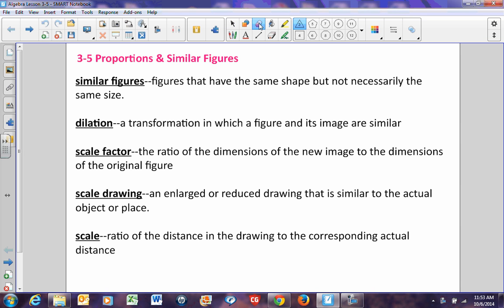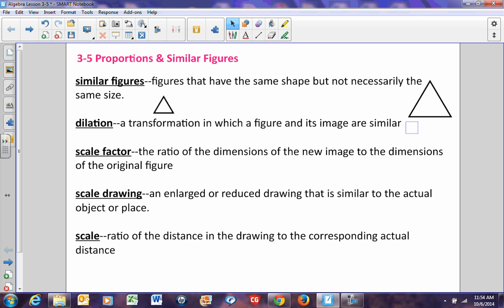For example, let's just say I have this triangle here, and I have a triangle that's just a little bit bigger than that triangle. In either case, these are what we call similar figures because they're both triangles, they're just different sizes. A dilation is a transformation in which a figure and its image are similar. The larger triangle over here would be a dilation of the smaller triangle. That is a dilation